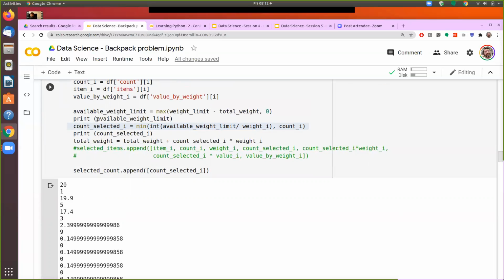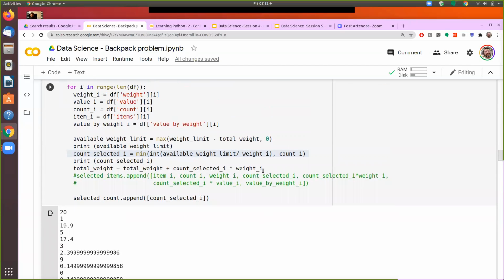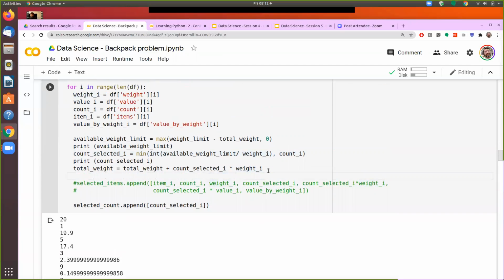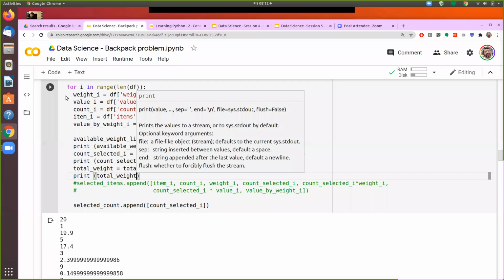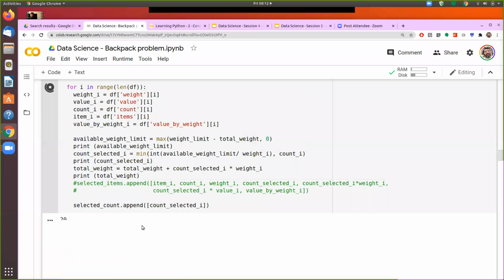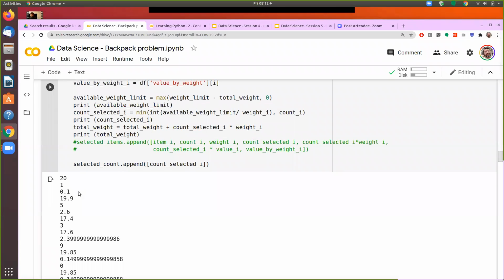So putting a print command inside a loop is a very good practice, because then you see the value of those items after each iteration, and therefore whether it is doing the right thing or not. So if I print the total weight also, now you will see the cumulative weight.